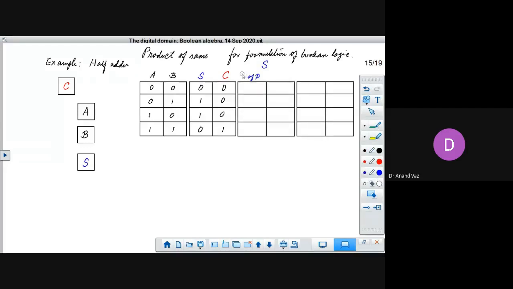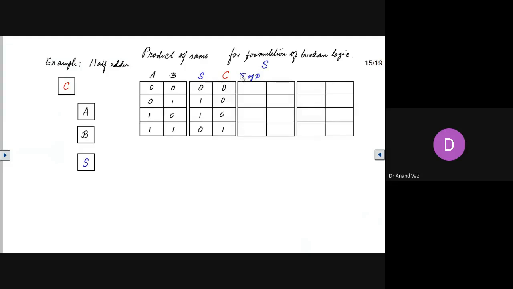So I'll just write it as sum of products. And here we'll write the fundamental products for S. So here we have not A and B. Okay.